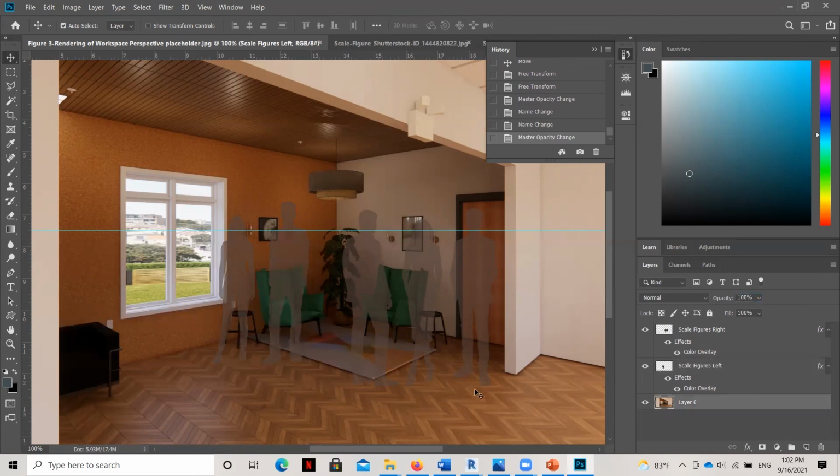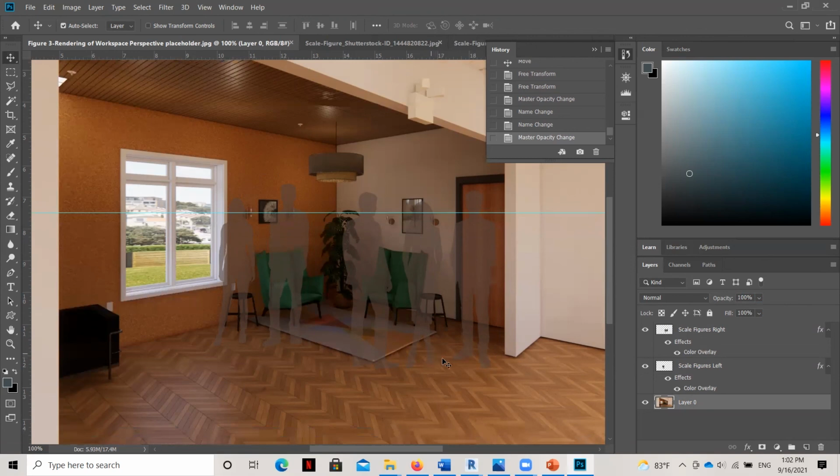So now you can see that I have a space that feels full and shows the relative sizes of things. And it looks like people are engaging with the space and having a nice time. You can tell they're talking to each other or having a nice little collaboration within this workspace. But you can see that they are scaled correctly relative to a horizon line, which I located. You can see that I changed the color using a color overlay based on the colors within the space, and I've adjusted the transparency so it's just right.